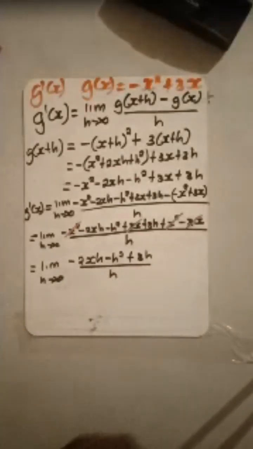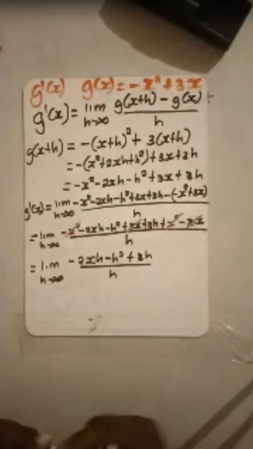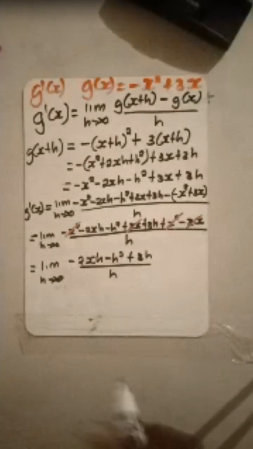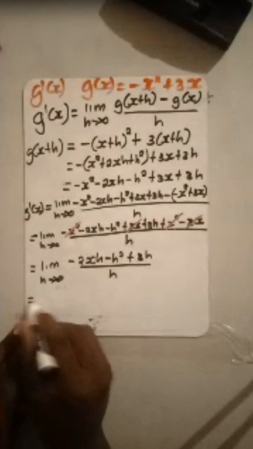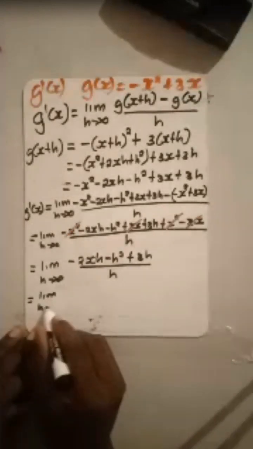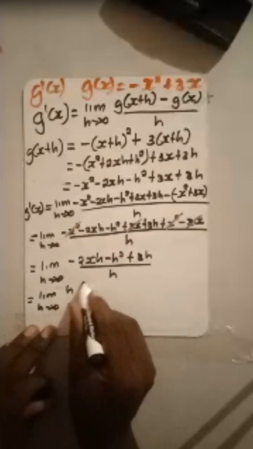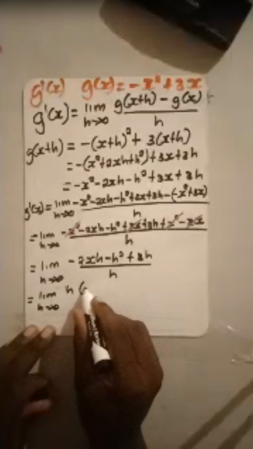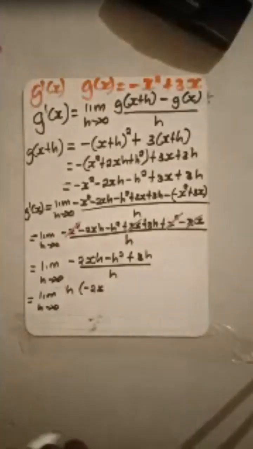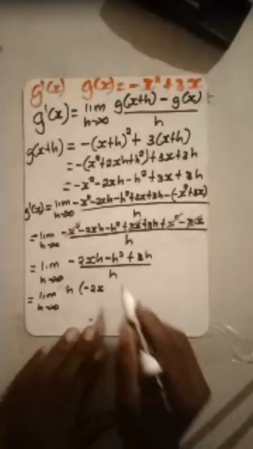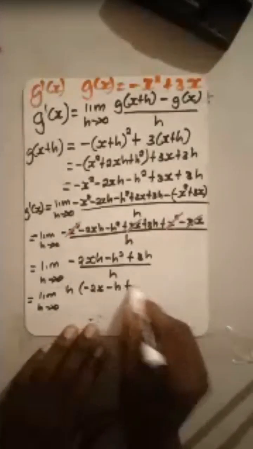Like one of you actually said, now we have a common factor on the numerator, and the common factor is what? Is h. So now factor out h. So this is going to be limit h tends to 0, then take out h on the numerator. Now we are left with negative 2x. If you have a problem with this, guys, you can inbox me. Then we can talk about factorization, right? Then negative h, then plus 3